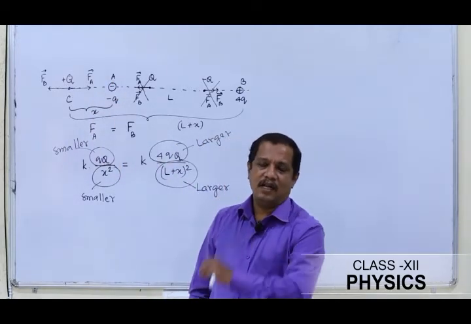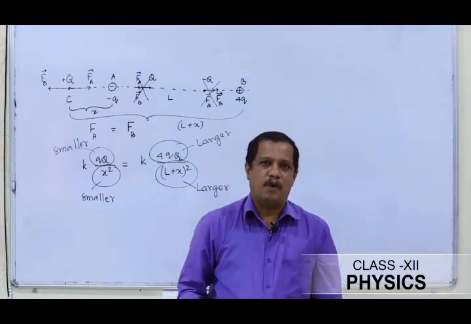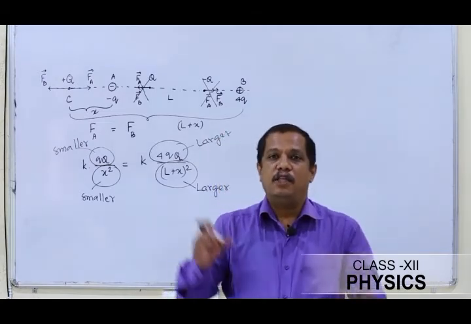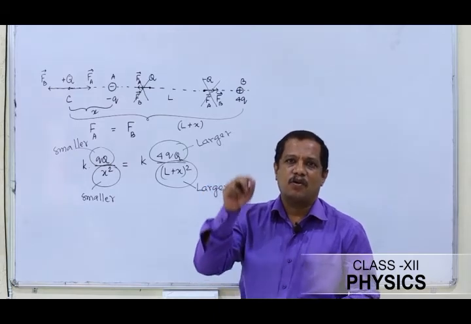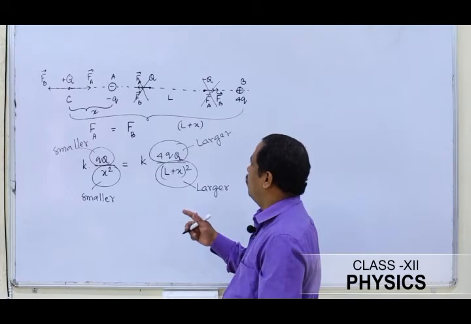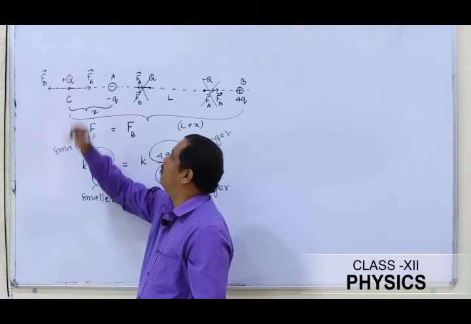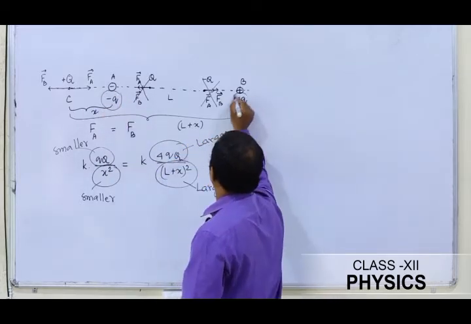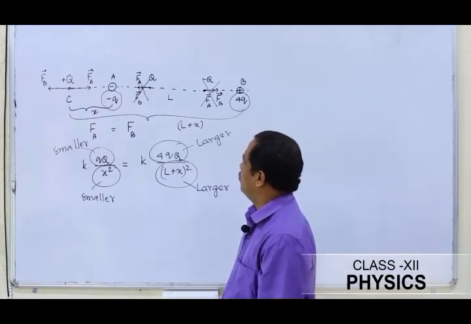So the very important thing that we need to note here is, as I told you in the previous problem, that the position of equilibrium, when the two charges were of unequal magnitude, we got the position closer to a charge of smaller magnitude. And here too, when we try to find the equilibrium position, we find that the position of equilibrium is closer to a charge of smaller magnitude in comparison to the larger magnitude. So this is the concept we need to know.